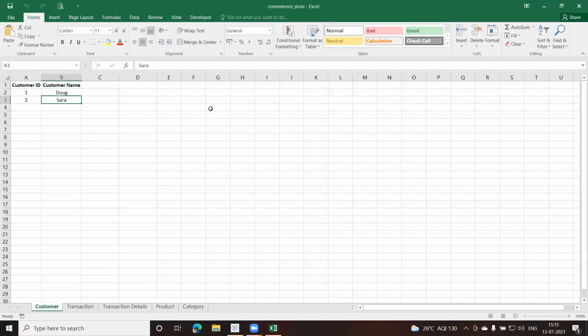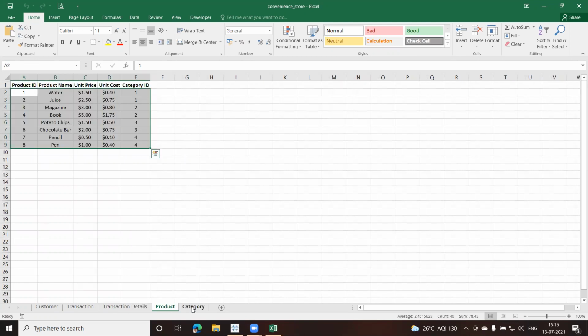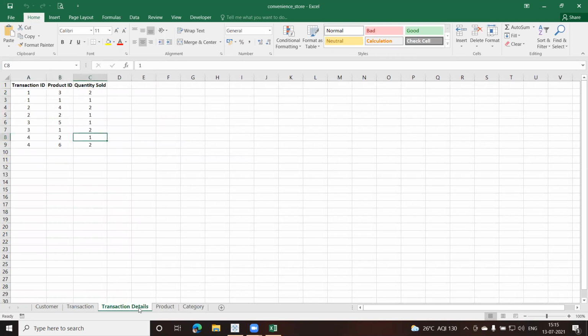Okay, now before we actually jump into Tableau, I'll try to explain how relationships are set between different tables. Just for an example, these are my multiple sheets here, and very few records are there right now. So you have this transaction details, here we have the transaction ID, the product ID and the quantity which is sold.